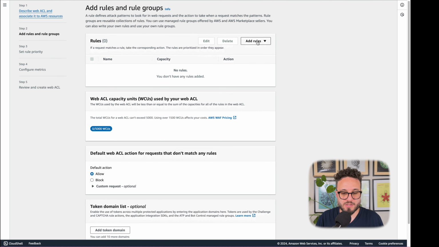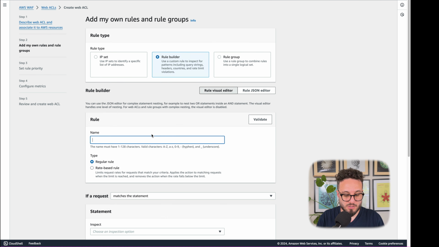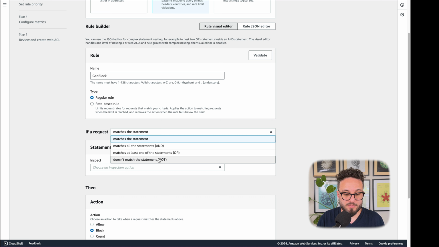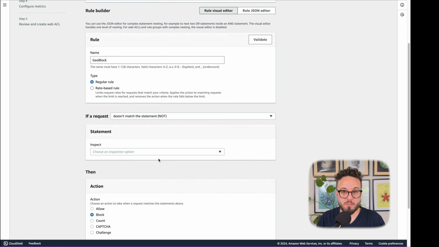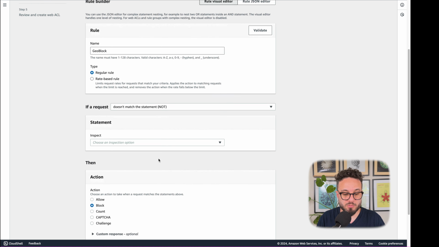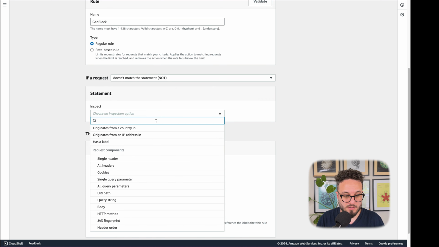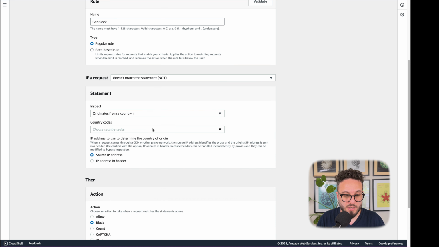Okay, so let's add a rule to this web application firewall. In this case, we need to create our own rule. Let's call it Geo Block. And then I want to create a whitelist, so saying if these countries do not match the countries I indicate, then we block. So let's do that and say that if the request originates from a country, or in this